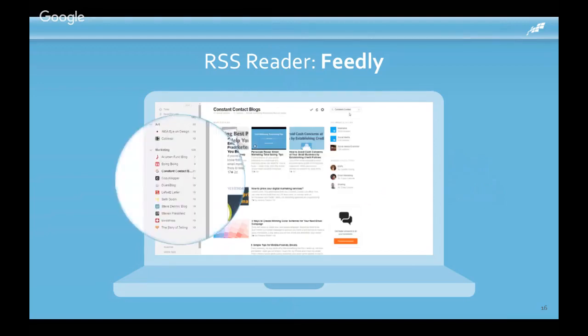But with Feedly, I can then categorize all that content by specific types. So for example, this feed is the marketing feed. And so you can see like the Constant Contact blog or the Boing Boing blog on here, they're listed. And the ones that are in bold are the ones that still have unread content in them. But I can simply and easily scroll through either the entire category or just through individual pages. You don't visit the website when you go into an RSS reader.